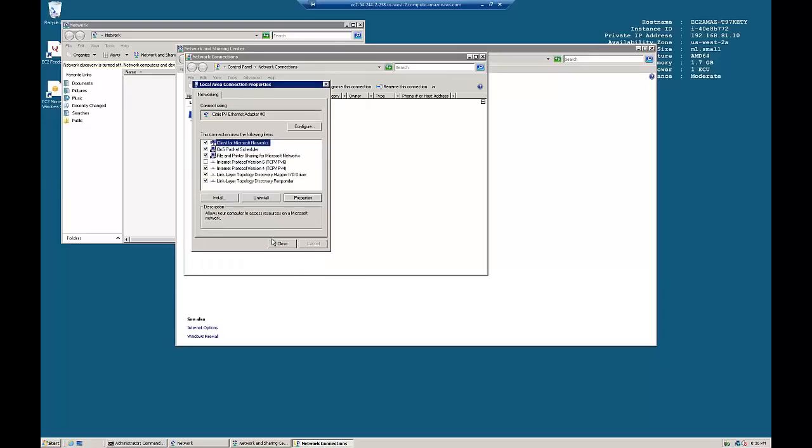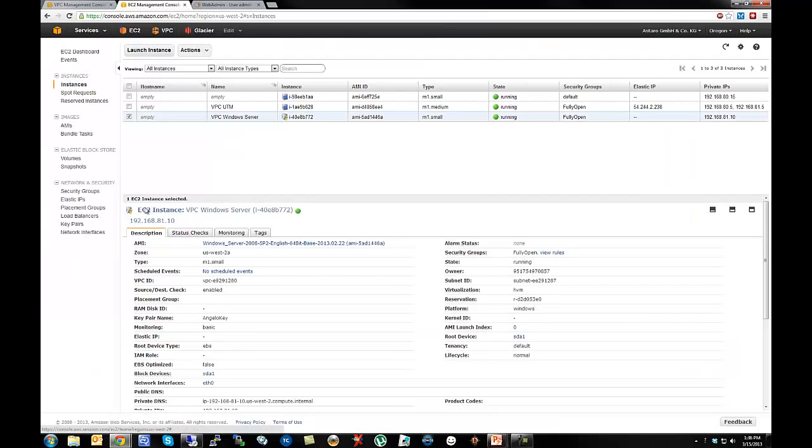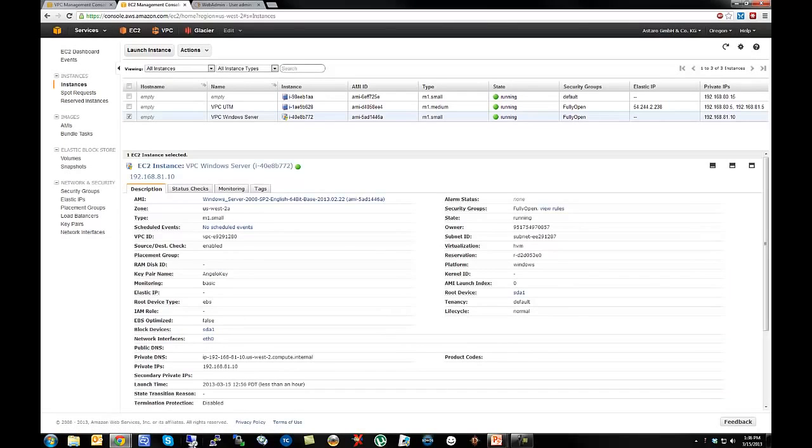So if we've done that correctly, we've now changed the gateway. Of course, we're going to get disconnected from this machine. I don't think it's going to be able to recover our remote desktop session because we've now just changed its gateway. So we'll just give it a second and we'll close the window here once Windows decides to let us time out. And in the meantime, I'll just quickly review what we've done is that we've now launched our VPC